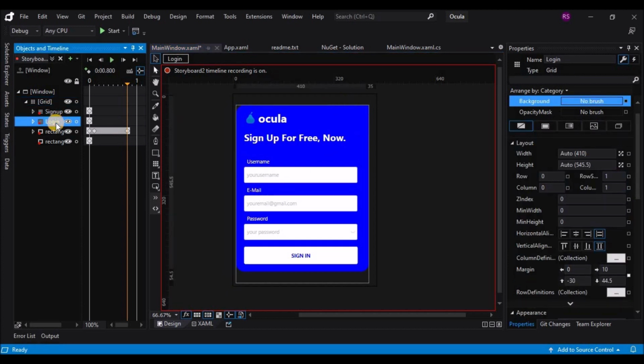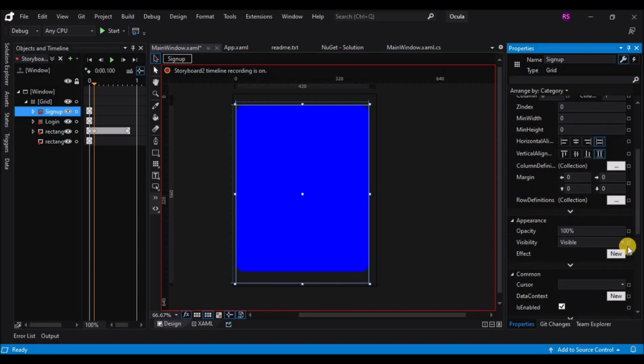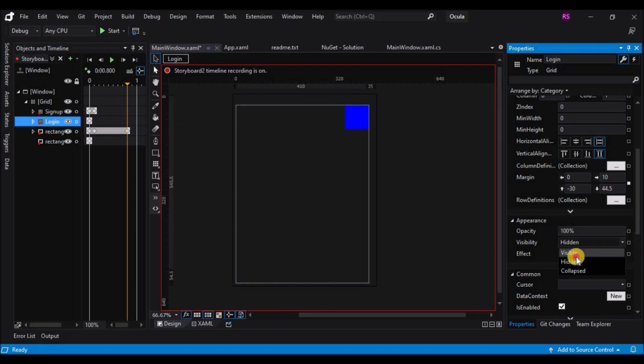and we are going to make the sign up grid hidden on the second keyframe, and on the last keyframe we are going to make the login grid visible.